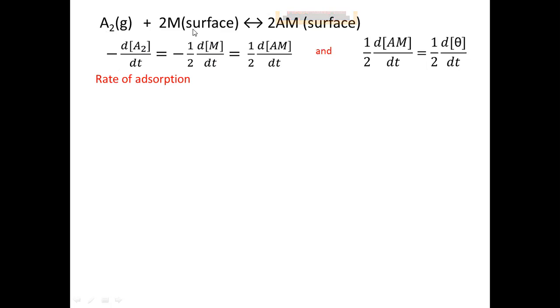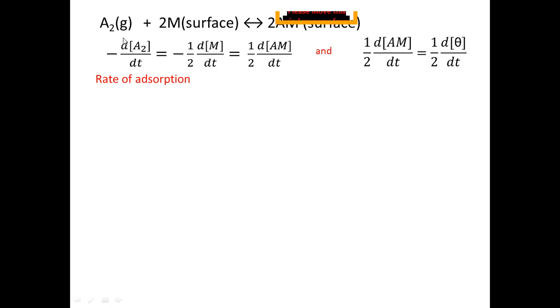Because when the adsorption complex is going to form, there is the decrease in concentration of the A2, that's why it is written over here minus change in concentration of A2 divided by dt. This is the rate of